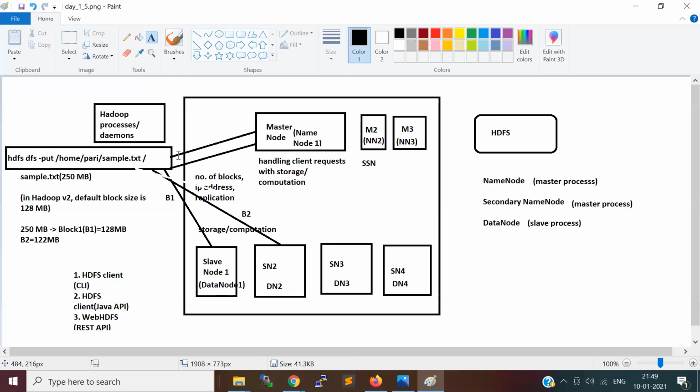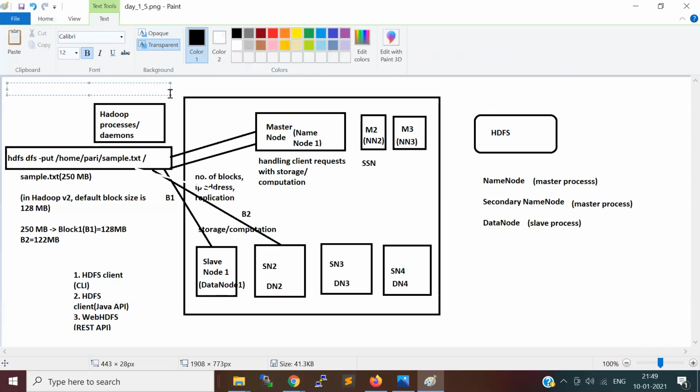Now the file read mechanism. For example, I run another command. If you want to get your files from HDFS, use hdfs dfs -get, and you give the HDFS location as the source.